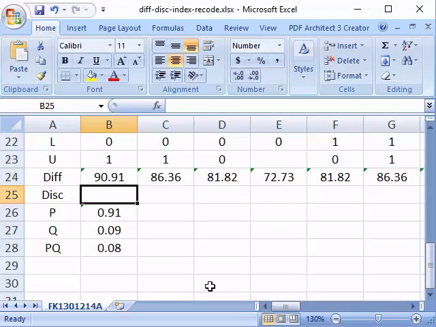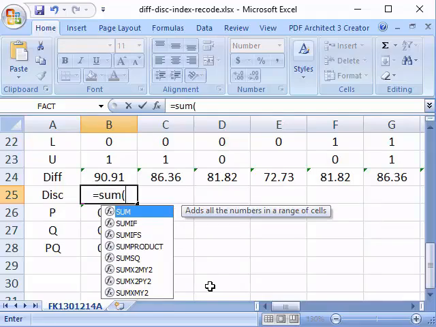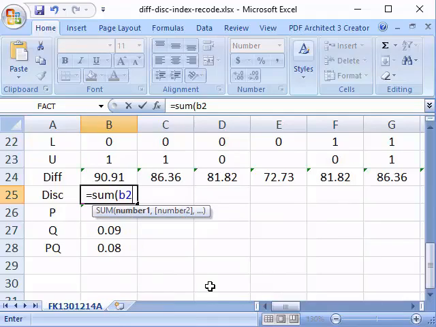Okay, so you're going to get the top first 6. So sum from the top 6, which is B2 until B7. Why? B2, B3, B4, B5, B6, B7. There are 6 of them.